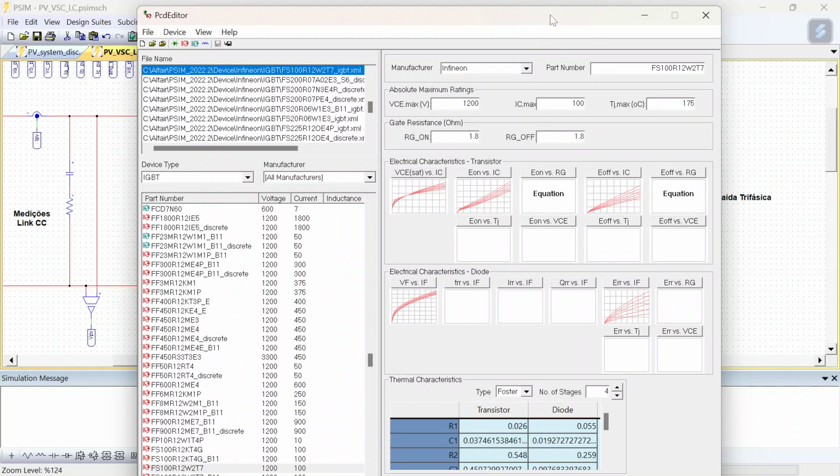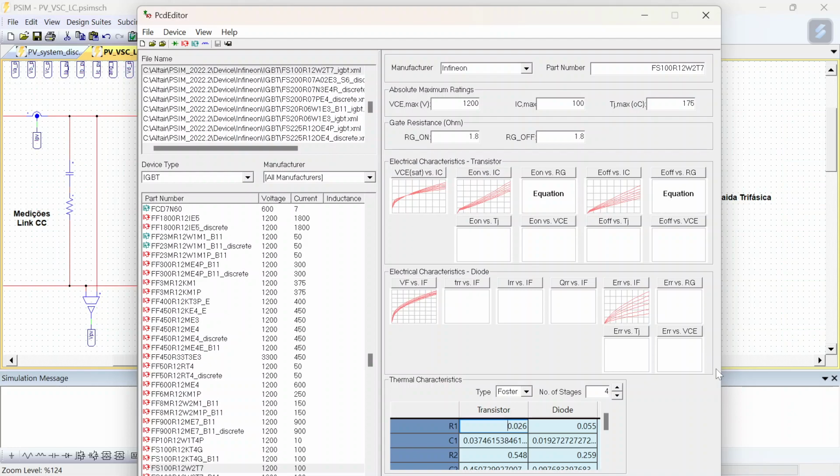So here are the thermal informations for this device, and I can eliminate these values, reduce the number of stages to 1 and put all the values at 0. So I'm going to eliminate the thermal response of this device without doing any modifications in the electrical characteristics. So it will obtain